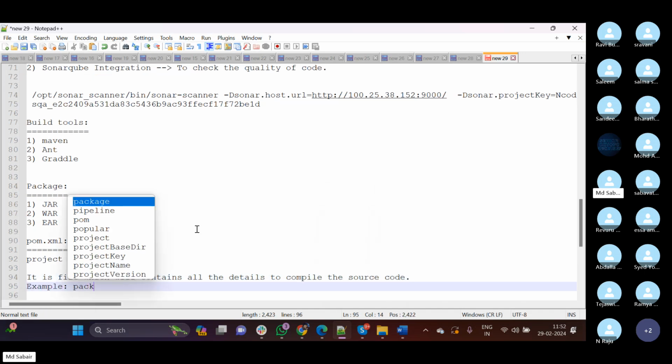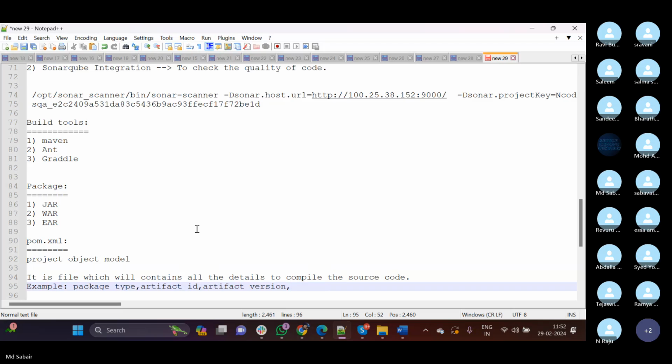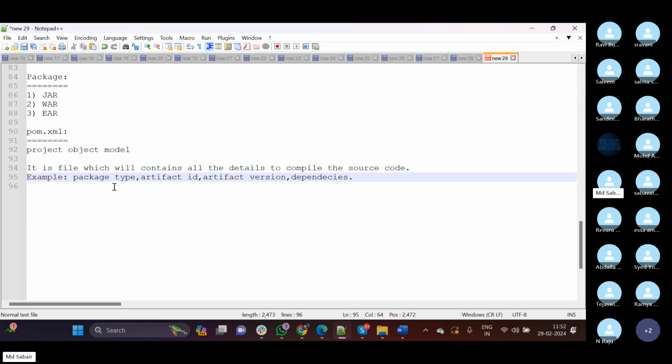For example, package type, artifact ID, artifact version, and dependencies. So this file we are going to get from the development team,